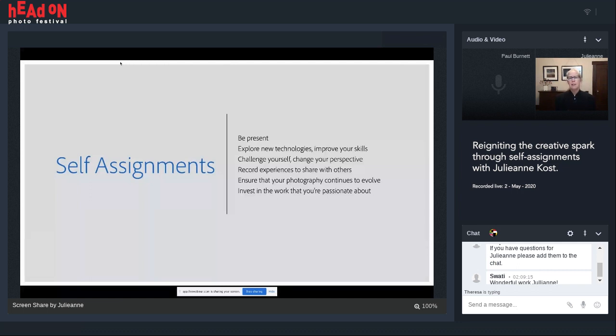And then they just allow me to invest in the work that I'm passionate about, because my passions might not always be completely in alignment with the work that I'm doing. Okay, and plus, you know what? They're just super rewarding, right? I love doing them. They're low pressure because I make the self-assignment, I give it to myself, and then I can determine what the success of the project looks like.